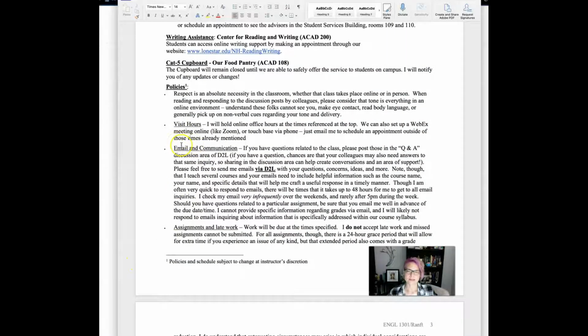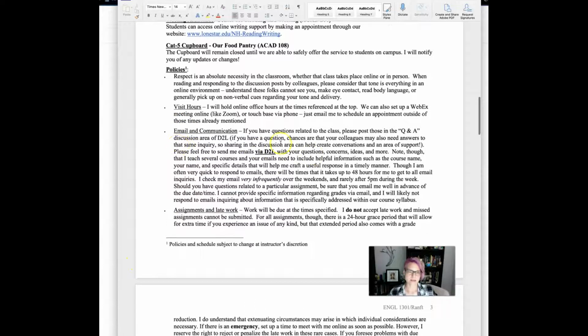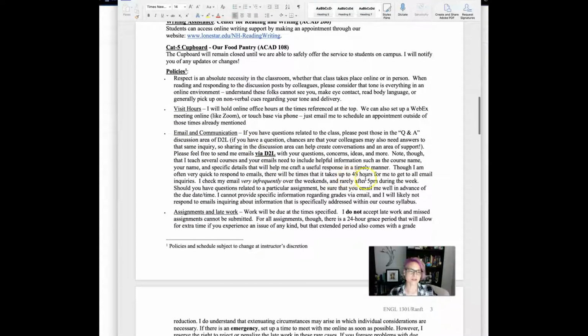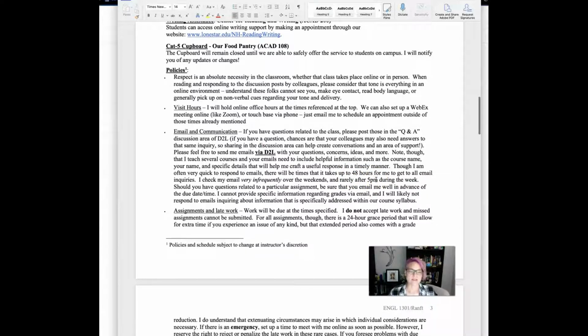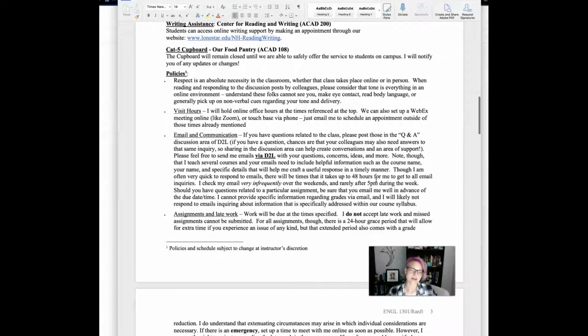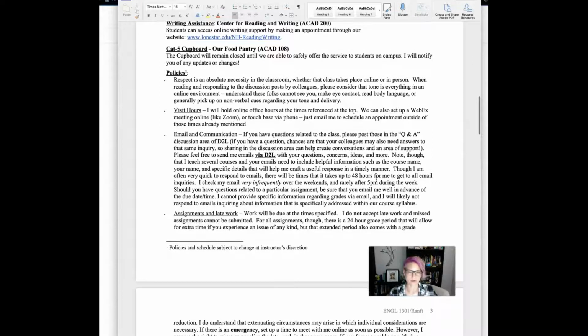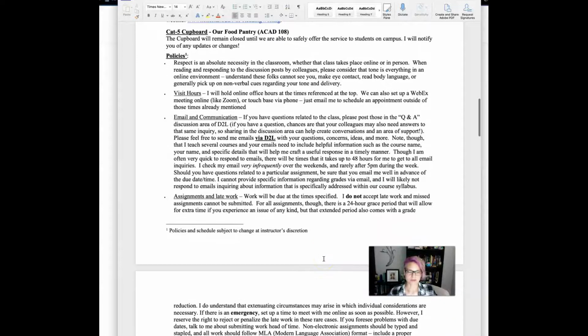So we talked about the visit hours, the email communication, as always, through D2L. I do want you to know that it can take up to 48 hours for me to respond. This is especially true over weekends, but a lot of times it'll be quicker. I'll be quicker on the response, but don't wait until the last minute to send me any questions or concerns,